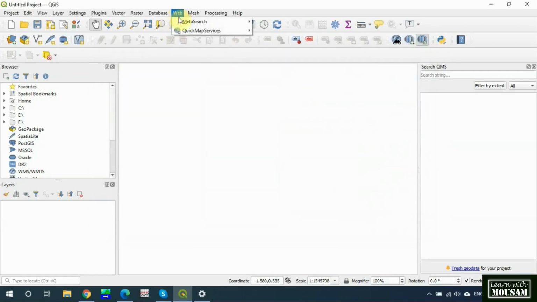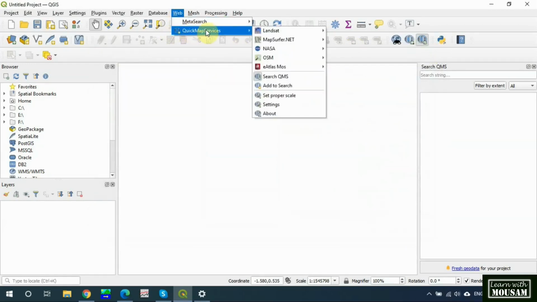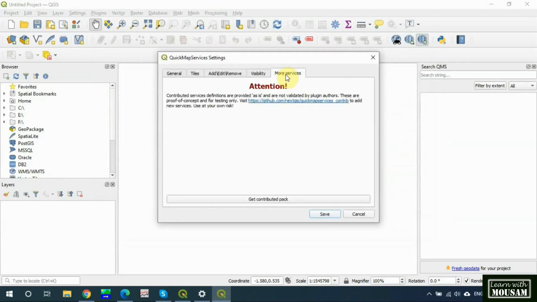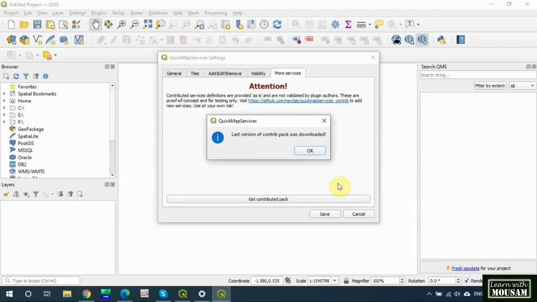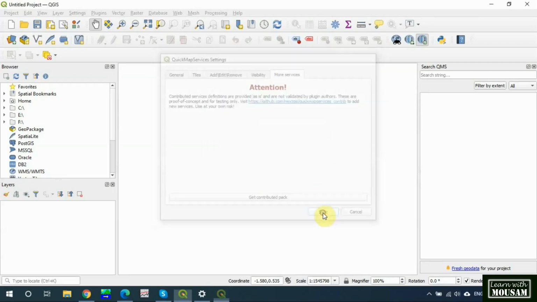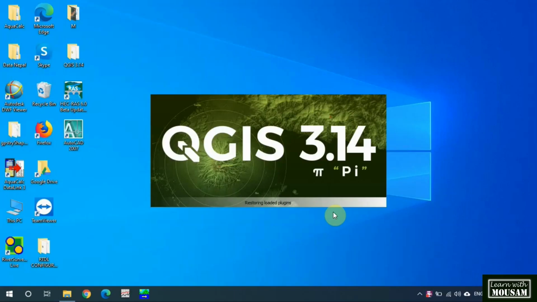Now go to Web, Quick Map Services and click on Settings. In the new window, go on More Services and click on Get Contributed Packs. After a while, the download completes and click on Save. Now you may restart QGIS and